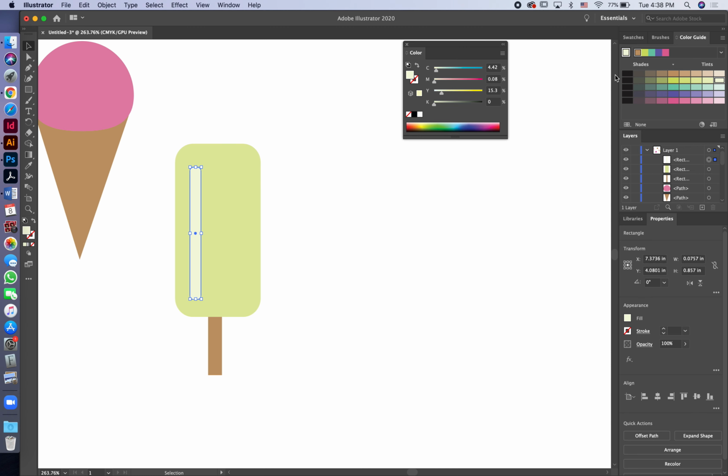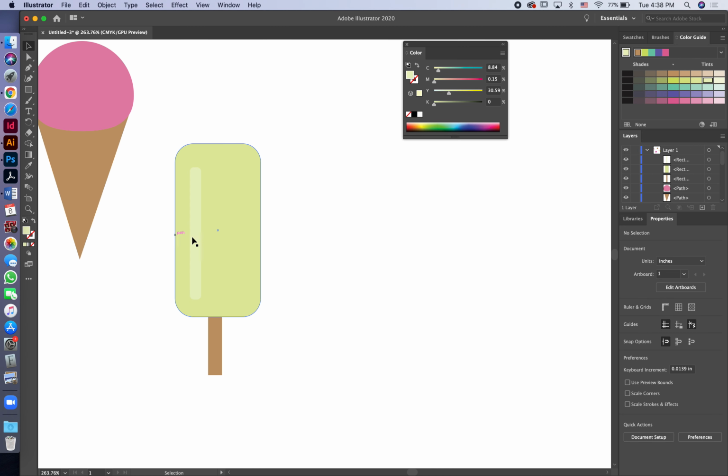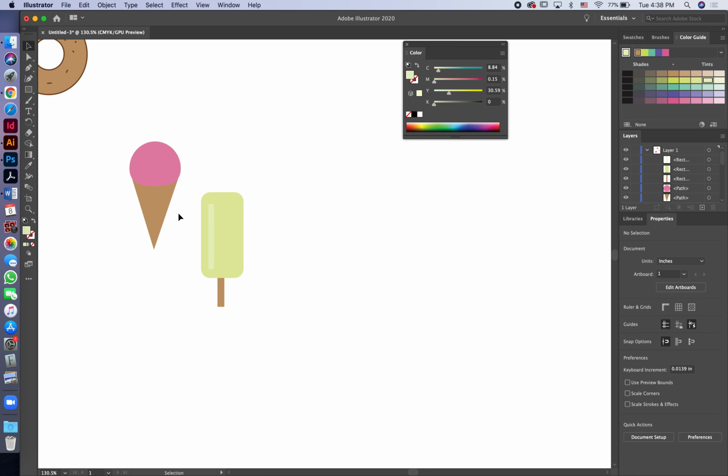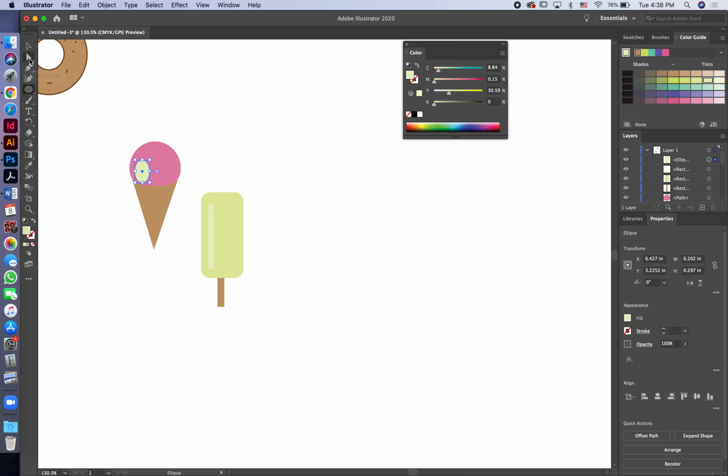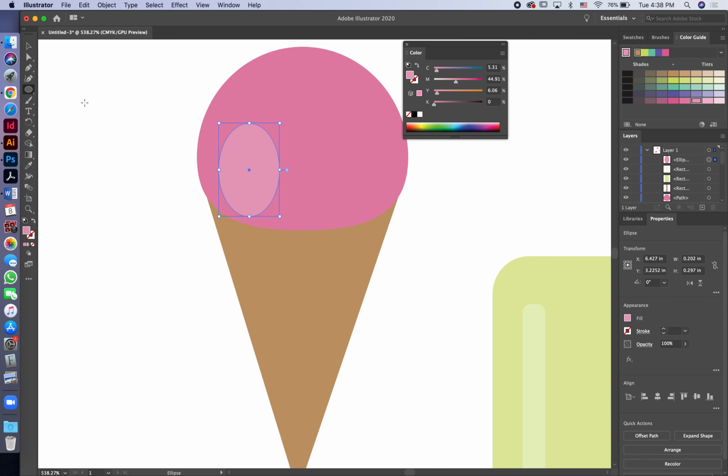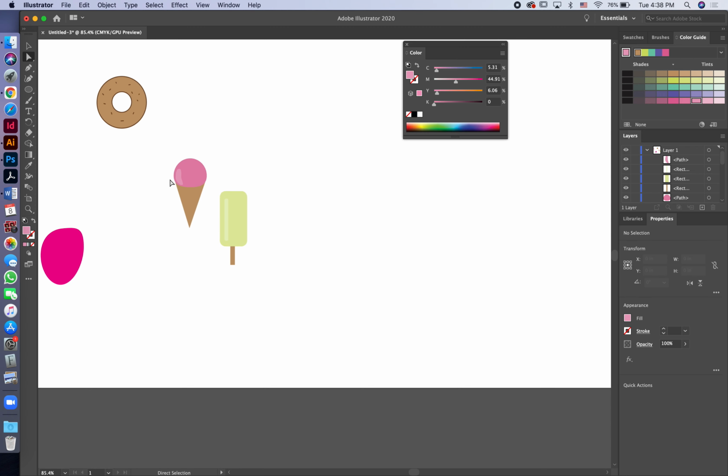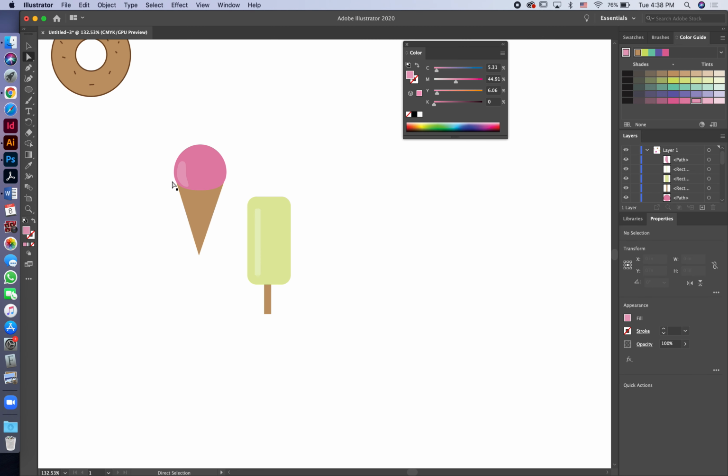I think that's too light. Let's make it back to there. And now I want to add something over there to my strawberry ice cream. Obviously not the right color. Now it's better. I can move these points around to give it a better shape. There we go. And now that my shapes are pretty much how I want them,